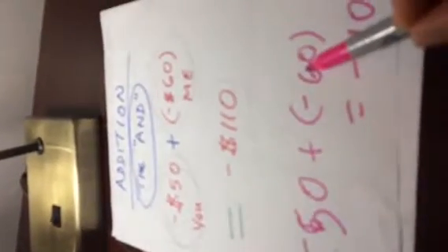So this is something you could help your sixth grade scholars with. Okay. So we would say that negative 50 plus negative 60 is equal to negative 110. And again, that situation is explained by your bank account. Your $50 overdrawn, my $60 overdrawn. If I add these two amounts of overdrawn